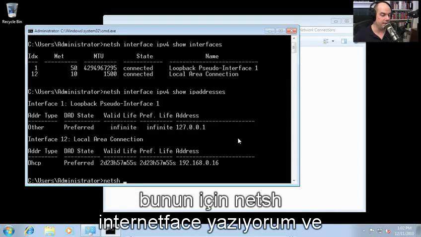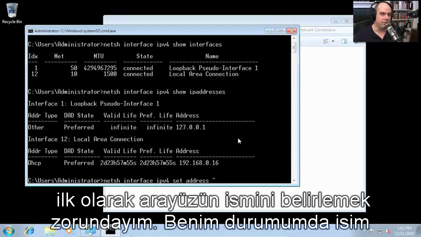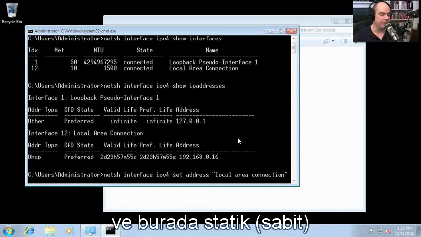So I'm going to do a netsh on an interface and choose the IPv4 set address command. And I first have to specify the name of the interface. And in my case, the name is Local Area Connection. And now I'm going to put a static address in here of